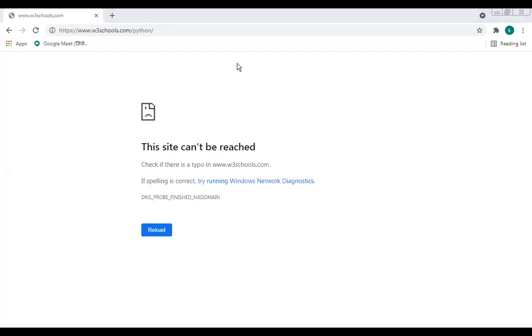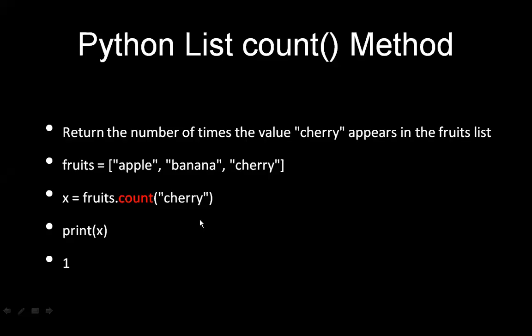Before that, I will explain the theoretical concepts, and lastly we can take up the practical implementation. So you now know for what purpose the count method is used: it is used to count the number of times cherry appears in the fruits list.